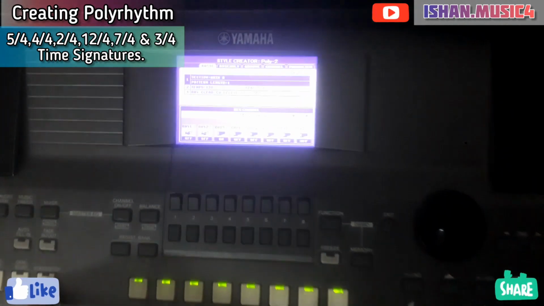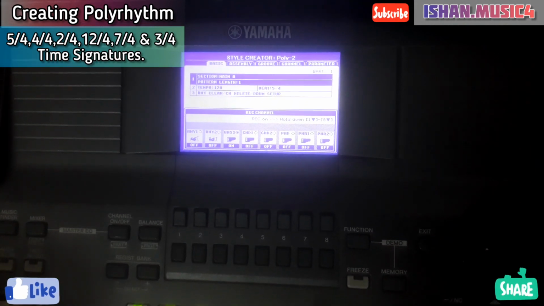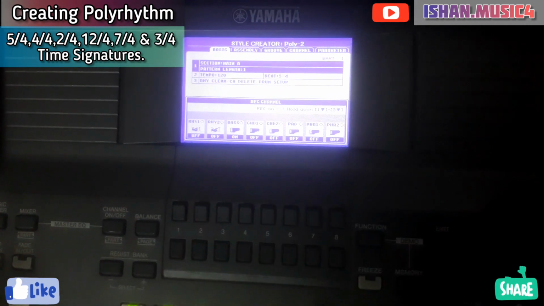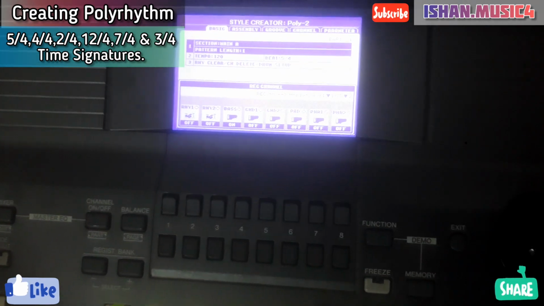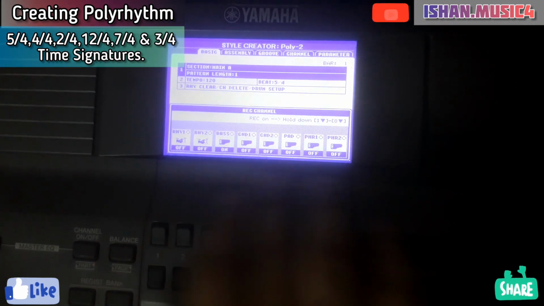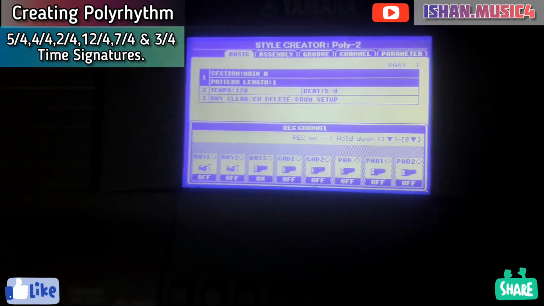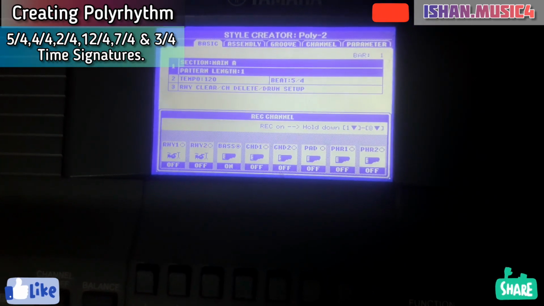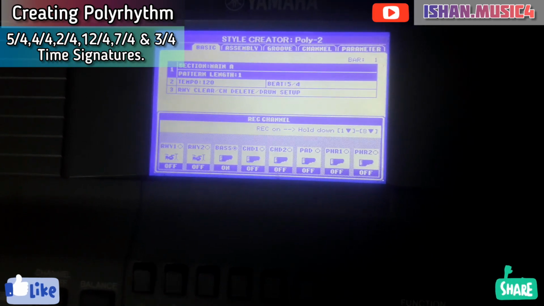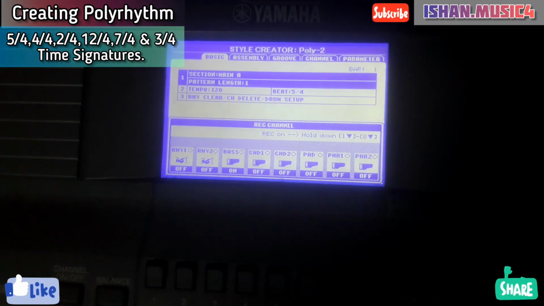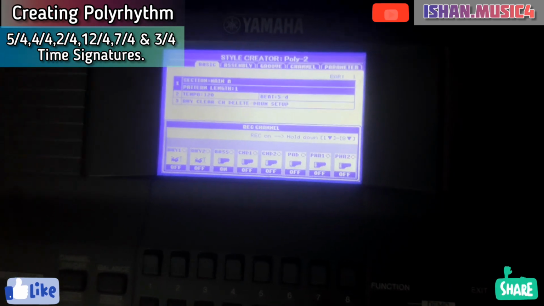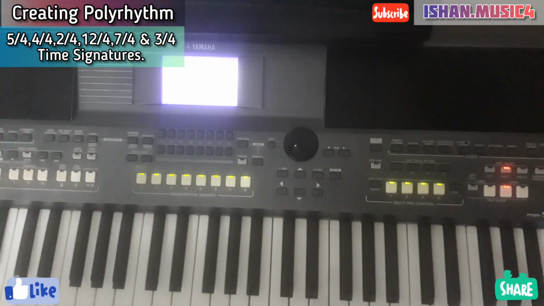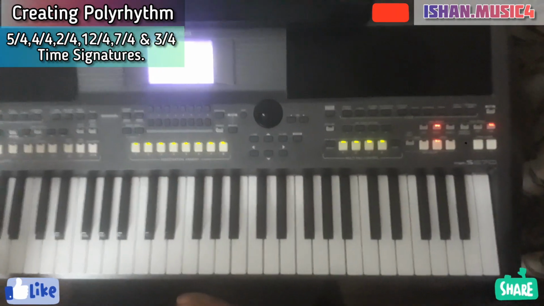So here's the 5/4 rhythm. I've created it with a base of 5/4, but here you can see that the bass, which is piano, of course all the instruments I've set are piano with the same tone, and the bass part is in 4/4, even though it is played on 5/4. Here you can hear that the metronome is playing 5/4, but the bass part is playing in 4/4.